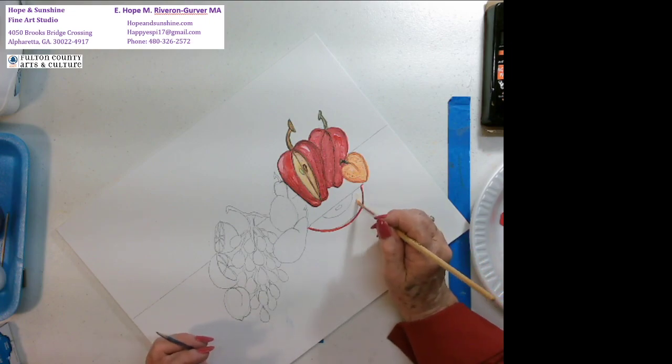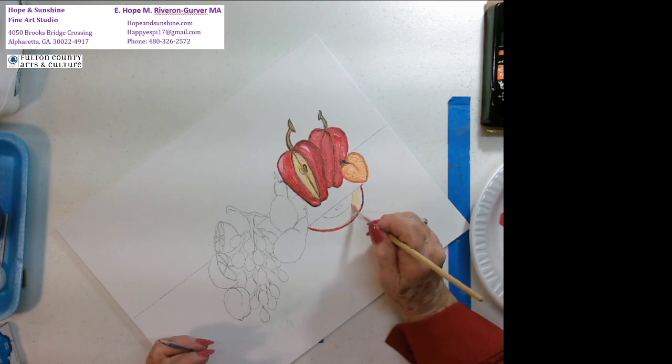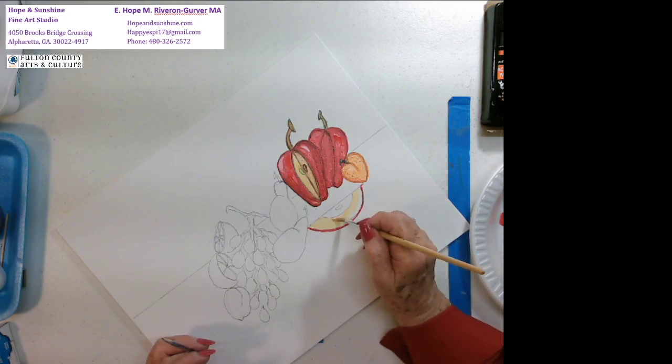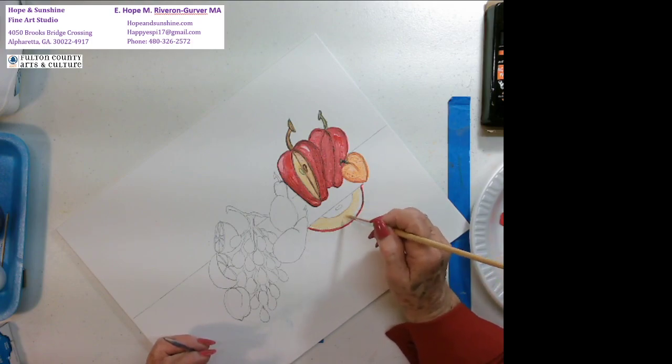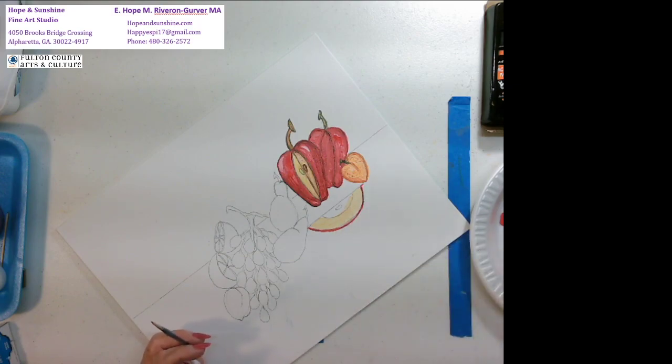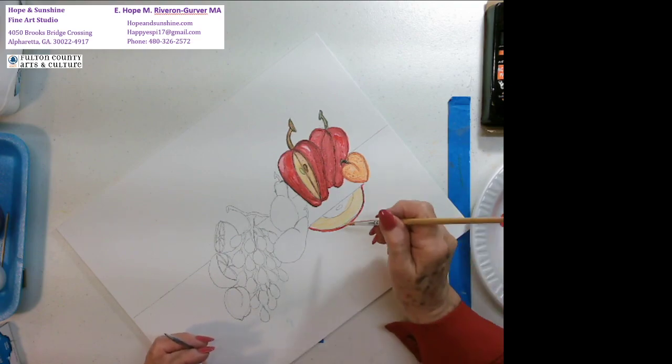and a little bit of brown and a little bit of white. And this is quick. This is our apple meat. The core is a little bit more darker, and because this apple have been, we make believe that this apple have been cut about an hour ago and have a little bit of